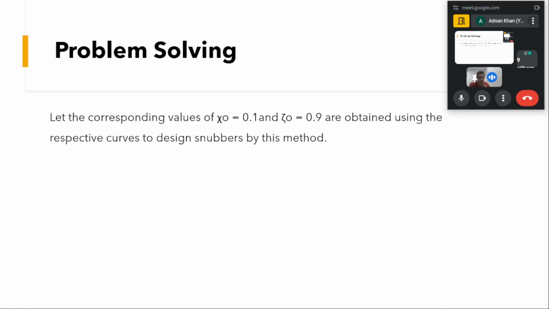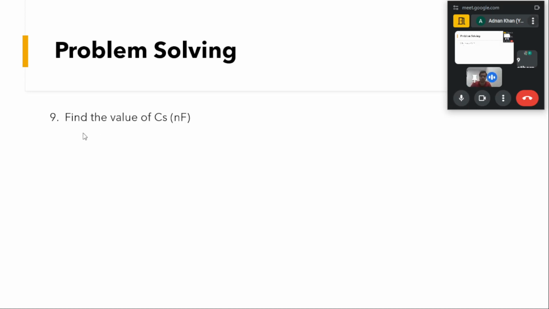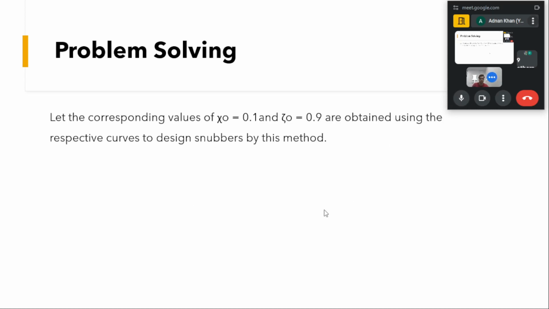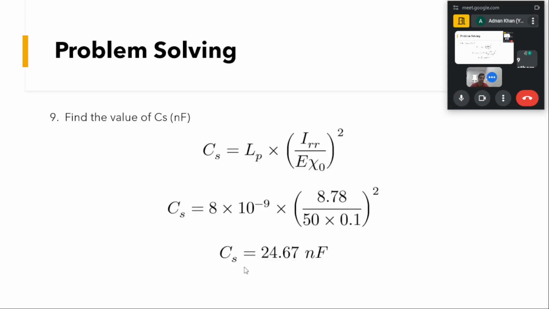Now we have to design R and C for this in a similar fashion, using the graph. Chi naught and xi naught are given as 0.1 and 0.9. We have to obtain the values of R and C. So first is to find the value of CS. We know CS will be equal to LP divided by IRR square, and this equation. LP we know is 8 nanohenry, IRR is 8.78, E is this, and chi naught is given for this design. For this compromise design, take it around 0.1,